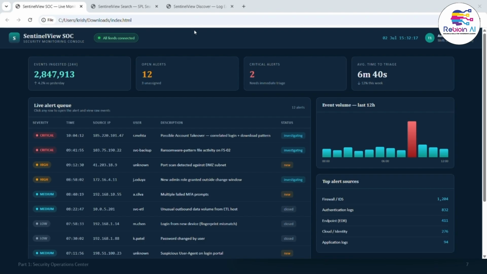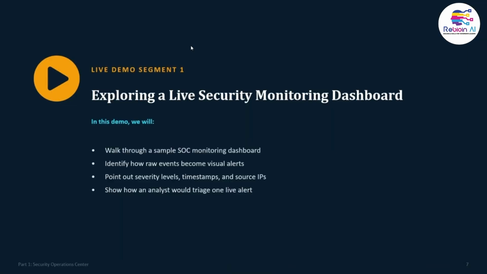Okay. Now let's get back to our PPT. As you just saw, a dashboard turns thousands of raw logs into something a human can actually act on quickly. That visual triage is exactly what SIEM tools are built to do. And that brings us to our next topic,